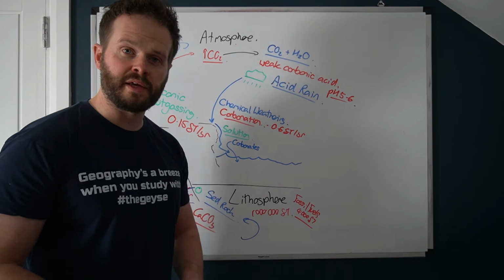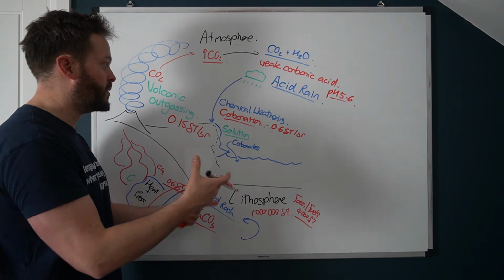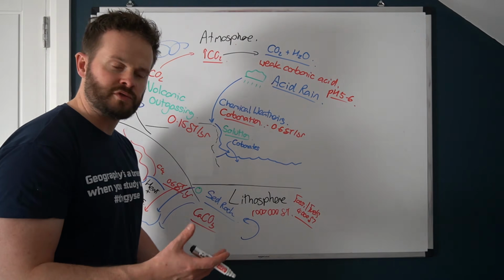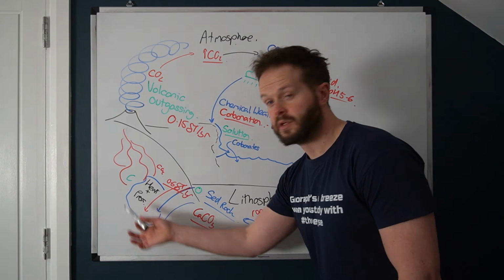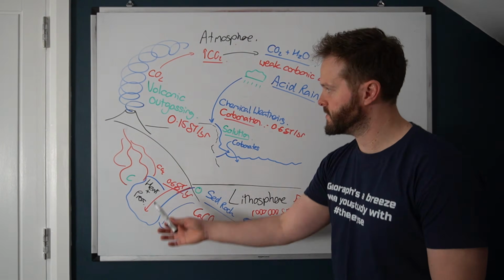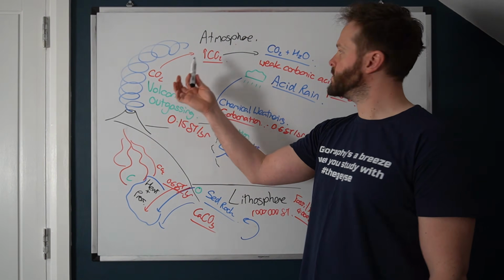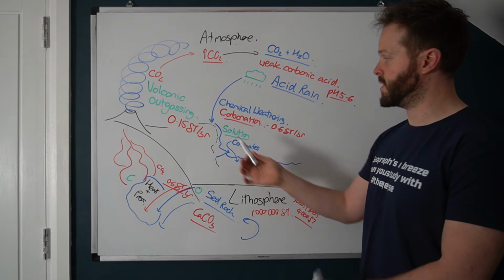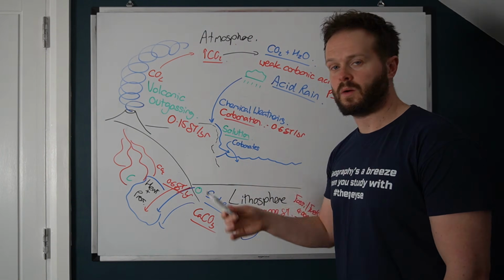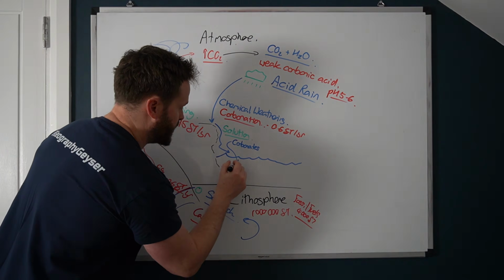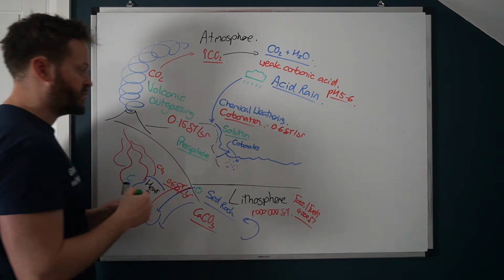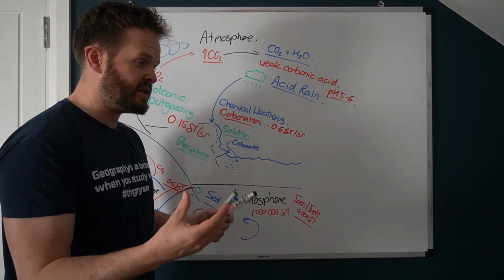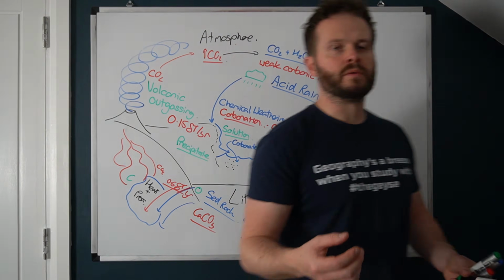Now carbonates have made their way into the ocean, so we're now in the ocean store. To recap the journey we've just been on: lithosphere, subduction, heat and pressure, less density, rises, releases CO2 into the atmosphere. CO2 combines with H2O. It's acid rain, then attacks a calcium carbonate cliff, chemical weathering takes place, and now our carbonates are in the ocean. Now these carbonates, they can precipitate, which means that they immediately kind of solidify,